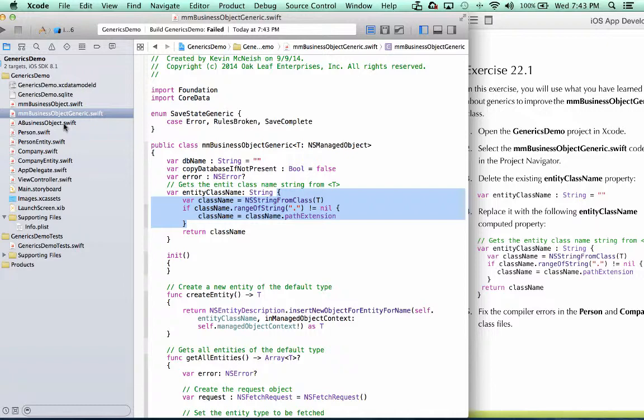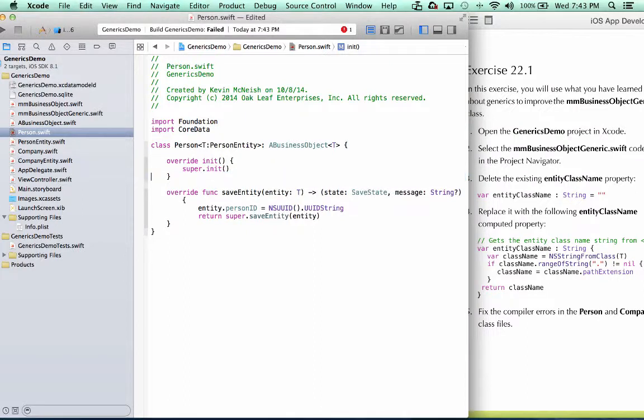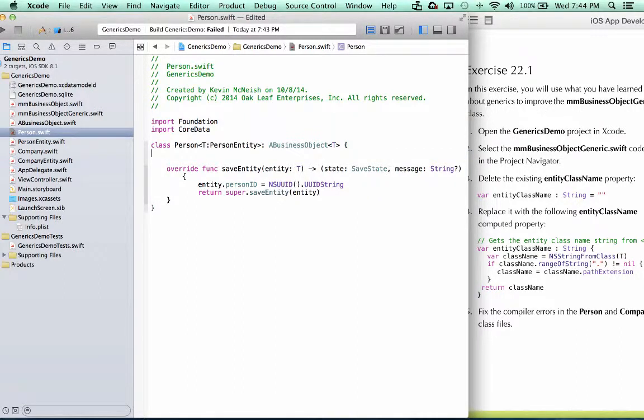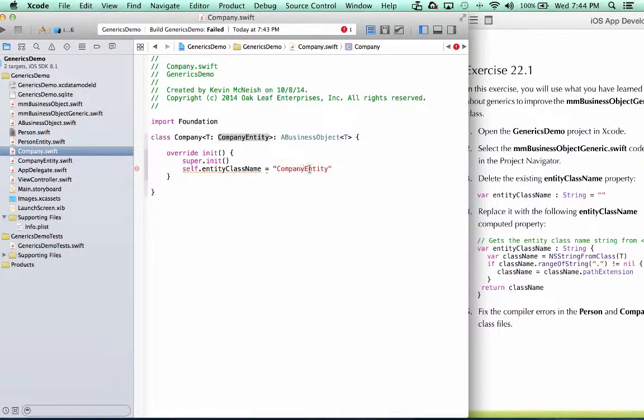So over here, with our person.swift, we can remove this line of code. Now that we've removed that line of code, we have to ask ourselves, why do I need this override of the init? And the answer is, you don't. There's no custom code at this class level. So we go over to company.swift, and it's the same story. We can get rid of this, but once we do, there's no custom code here, so we don't need an override. So now we can build,